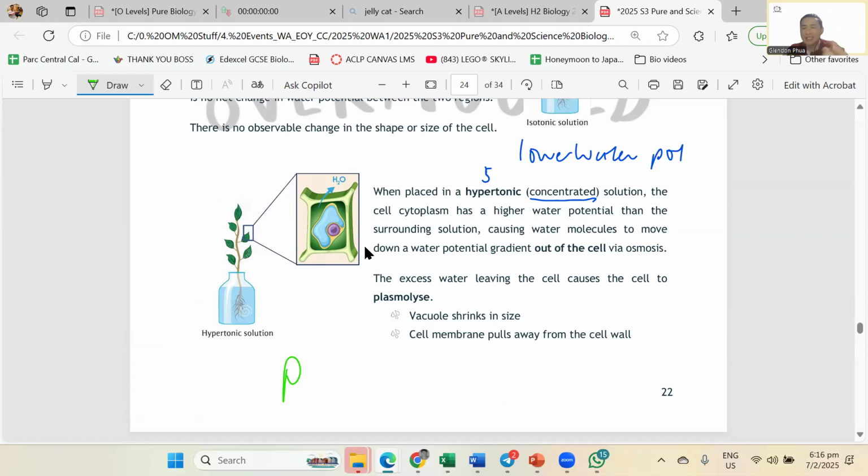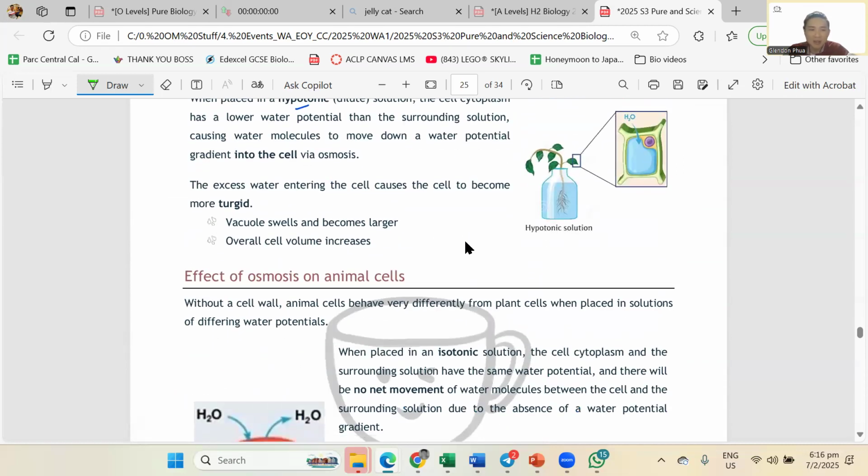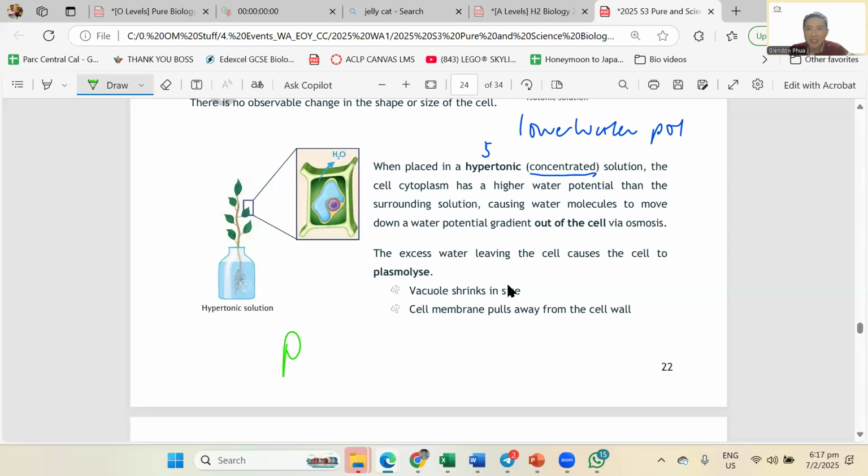Now, this next one helps you remember the shape of the plant cell. When my plant cell gets a lot of water, it becomes very turgid. When it plasmolyzes, it becomes very flaccid. So PFT. Okay, PFT. You can just remember "poof", the sound, but that one is a bit funny.